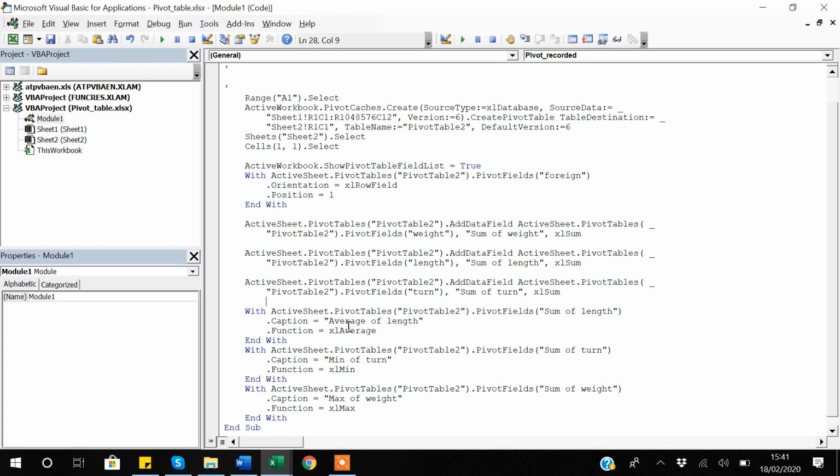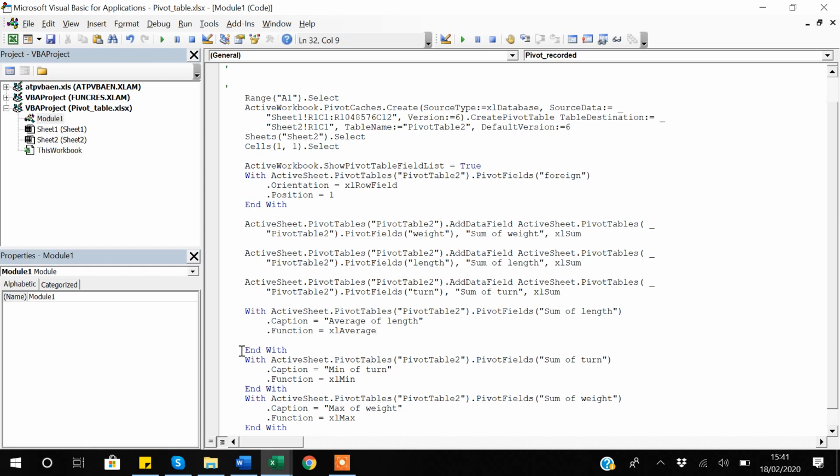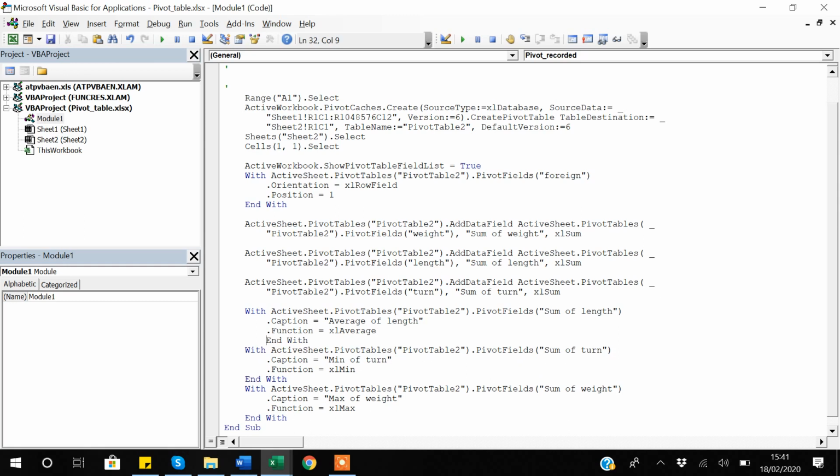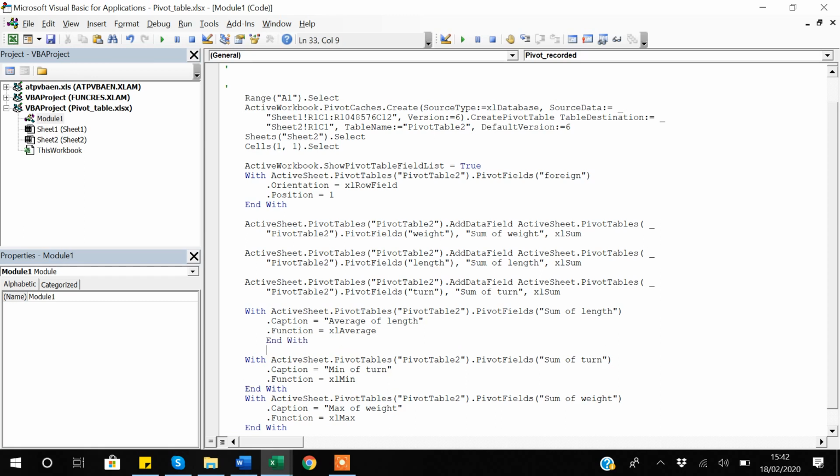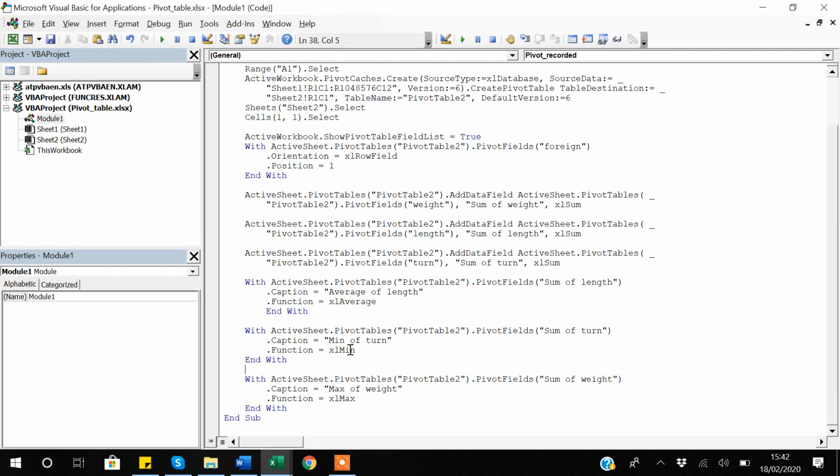So once I altered from default, I said that for sum of length, make its caption equal to average of length, and then also perform the function of average. And in the same way, I did for the sum of turn, and I did the same here. And I also altered, because now I'm using the minimum for this variable, and then I use the maximum for the weight variable. So now what I can do is I will show you guys that suppose you want to